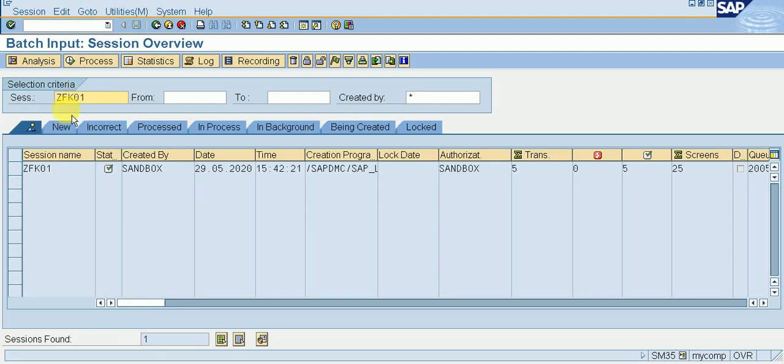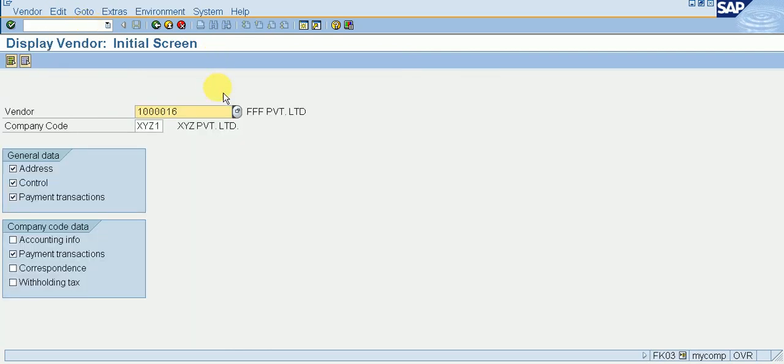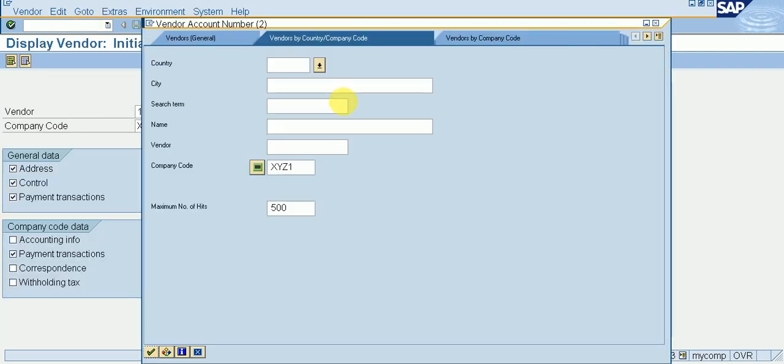Then click on session overview, we can see all things are processed, and now we can see all the master data on /n FK03 to display our vendors.